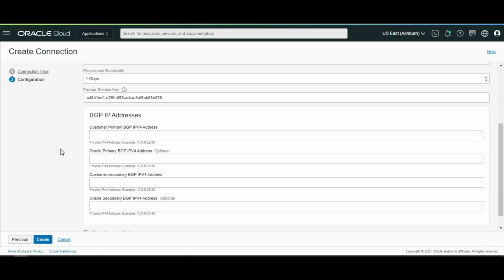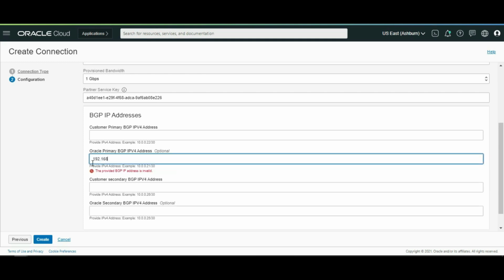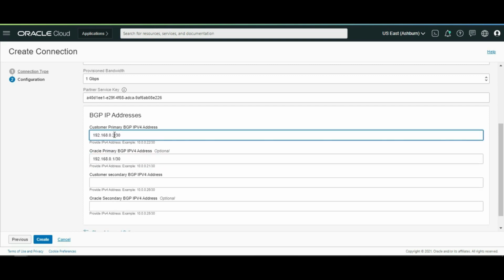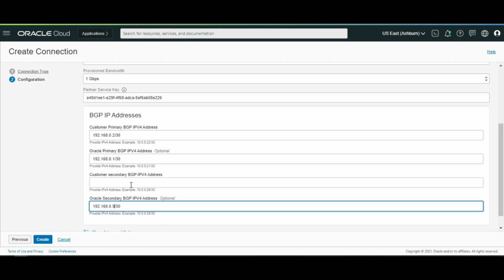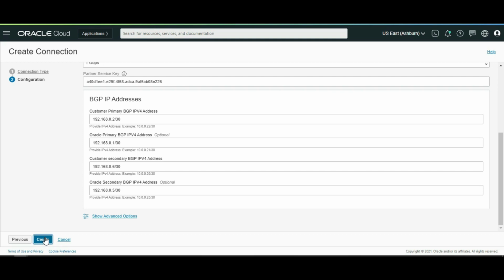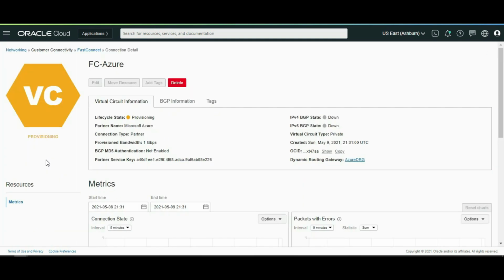Now we need the BGP IP addresses for peering, 192.168.0.1/30 and so on. Click create. The FastConnect to ExpressRoute has been created and it will be provisioned within a few minutes.